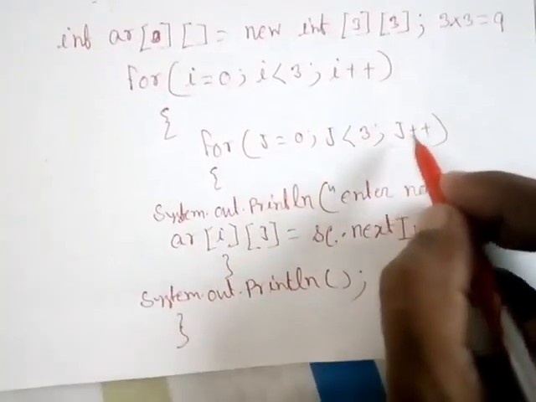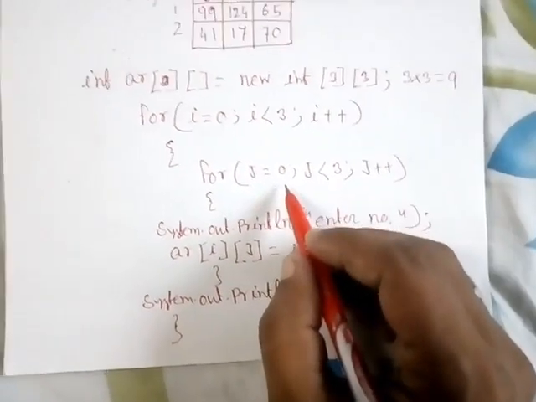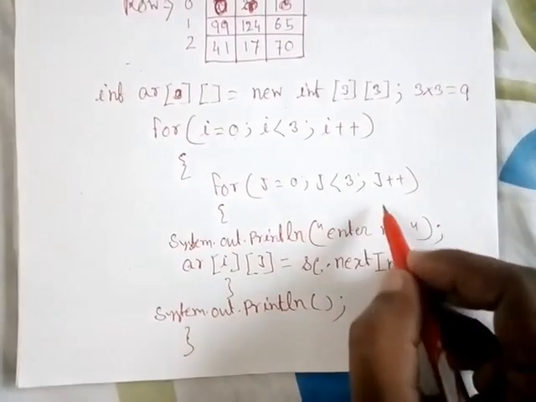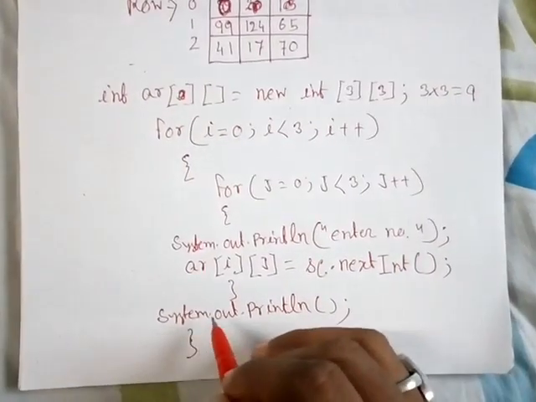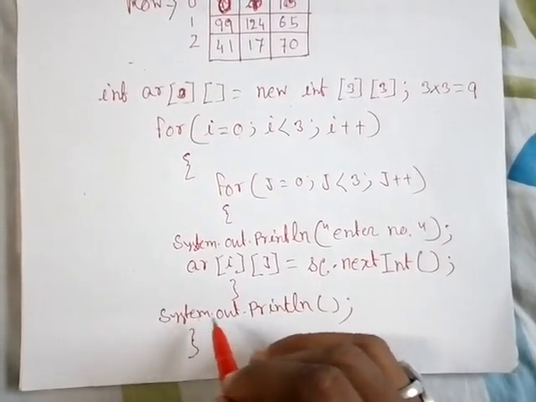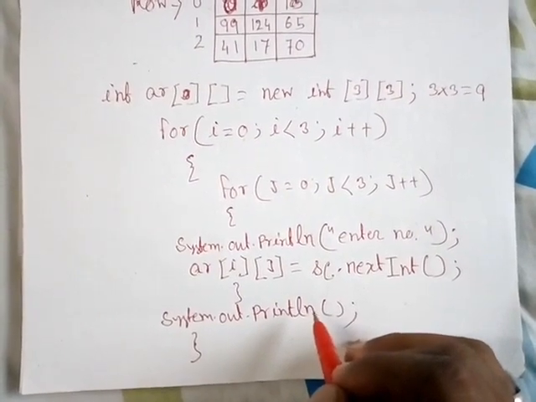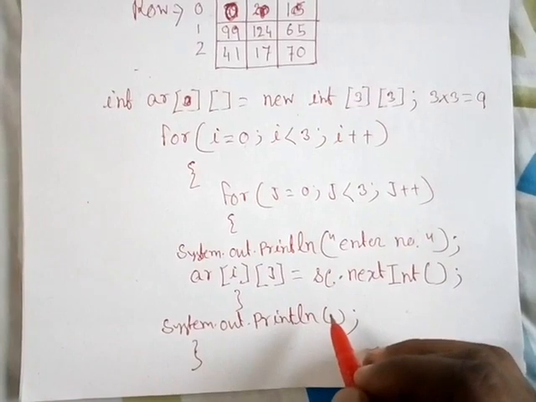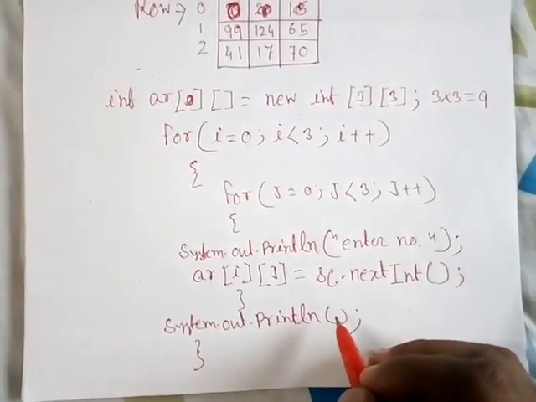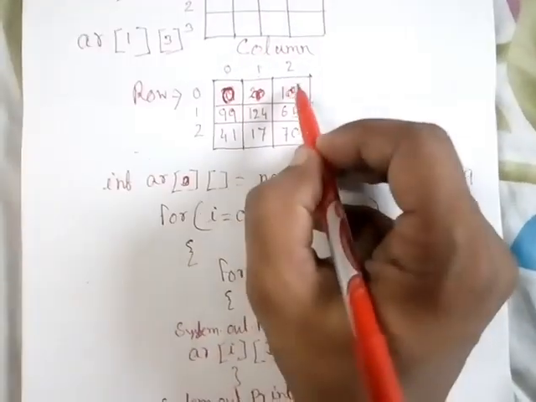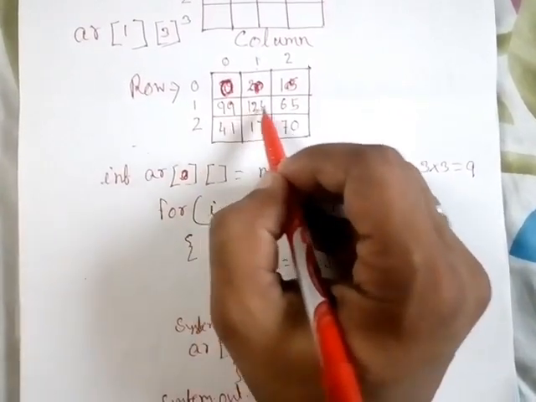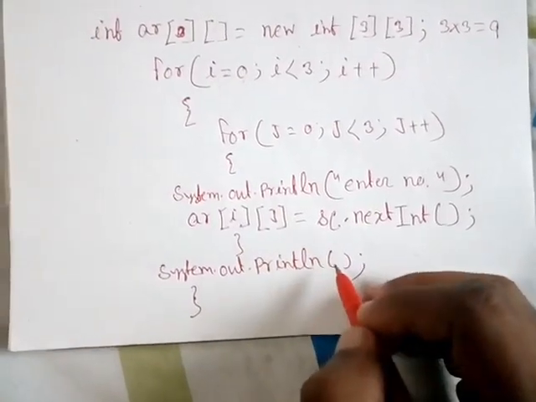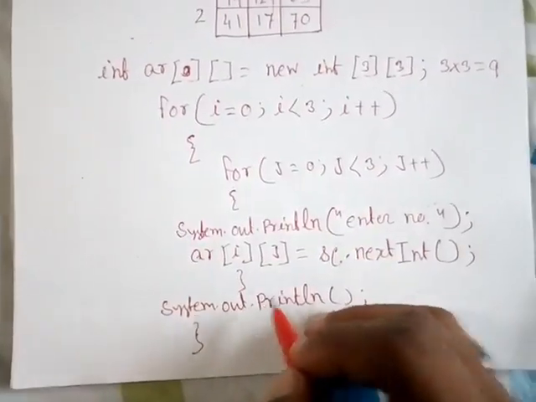After that, when it will be j plus plus, the value of j will be 3. When the value of j will be 3, 3 less than 3, no, the condition is dissatisfied, control will come out from the loop. And when it comes out from the loop, we should write System.out.println. Sir, inside the function, in the brackets or arguments place, nothing is there. Yes, we shouldn't use anything, because our main intention is to come to the next line, so that we can start entering the values once again on the next line. So that is why only the println statement. Control will come to the next line and it will wait.